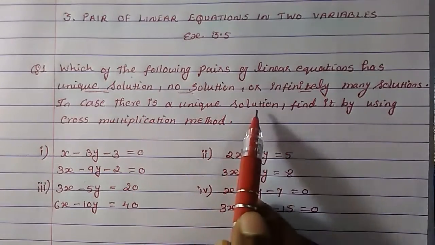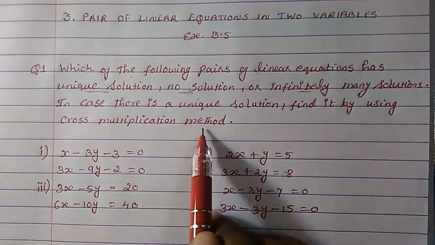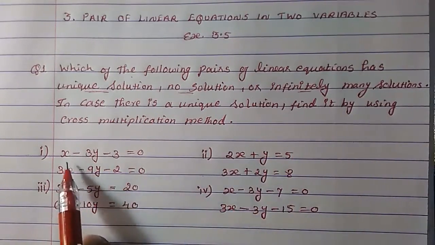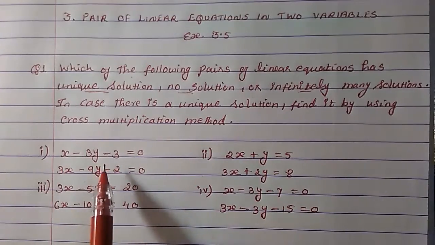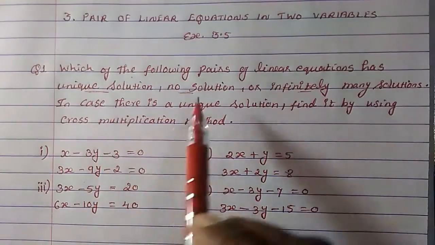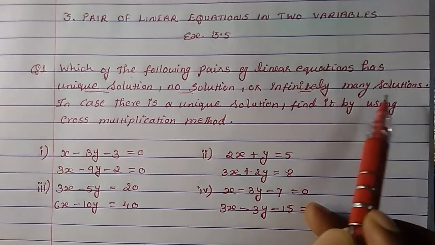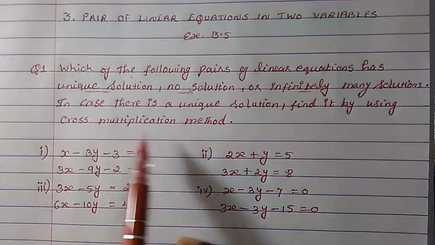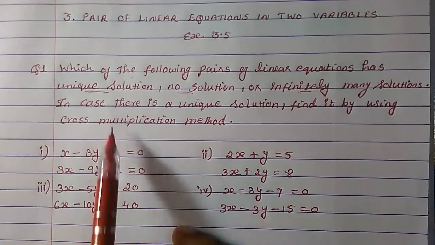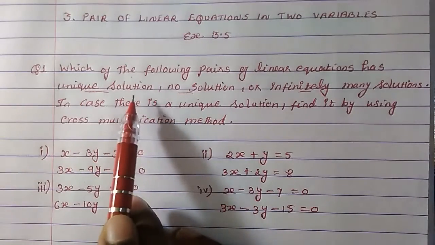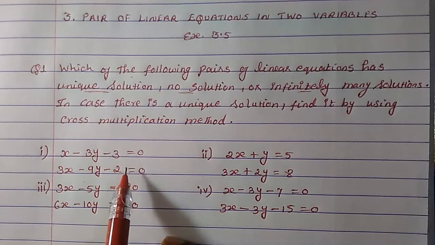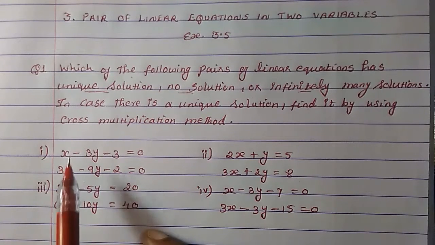Meaning is, in case there is a unique solution, find it by using cross multiplication method. We have to find the variables' value if there is a unique solution. If you find that there is no solution or infinitely many solutions, then we don't need to use the cross multiplication. Only if you find there is a unique solution, then only we have to use the cross multiplication method and find the